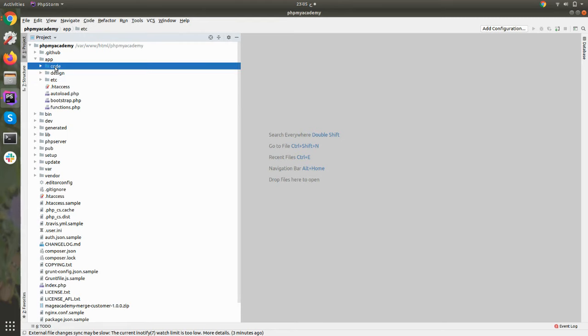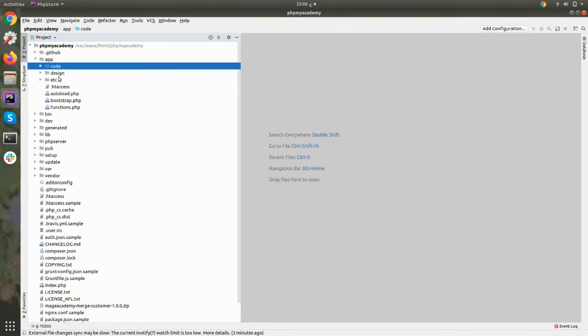So you have to create this folder. In this folder, you can create your own namespace and then the module name like that. We will understand module creation in our next video. So just to explain, the code folder is used if you are creating custom modules or using any third-party modules.